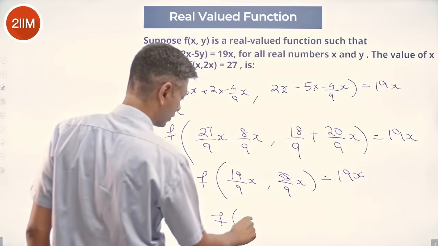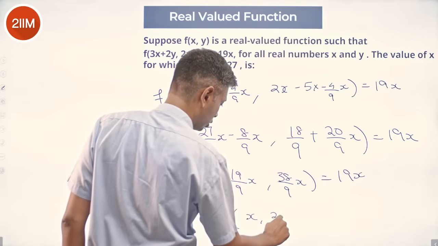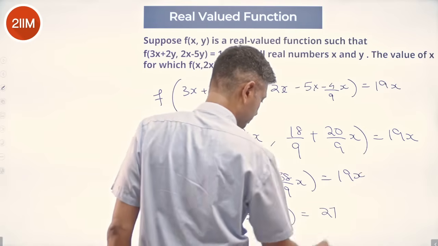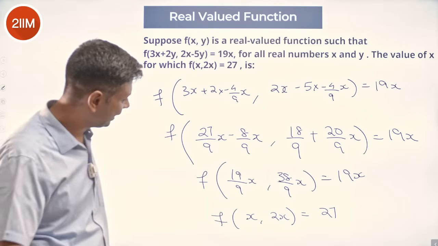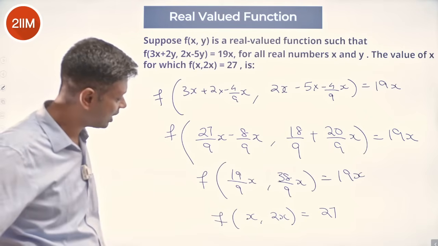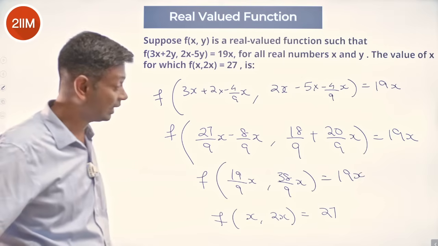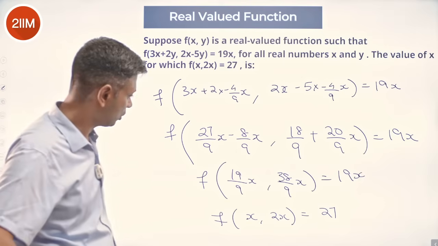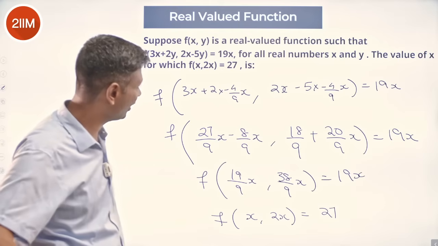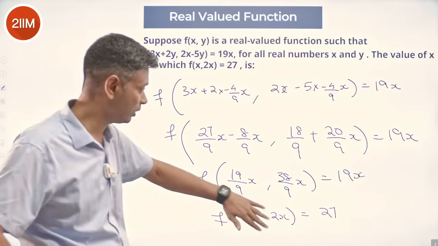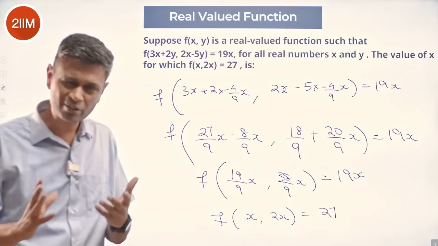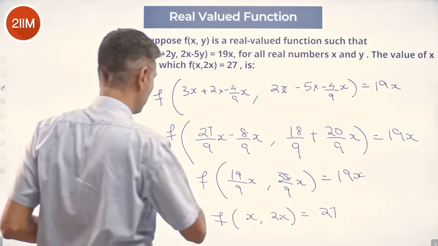We want to find f of x comma 2x equals 27. This ratio is 1:2, this ratio is 1:2. I'm going to say f of 19 by 9x comma 38 by 9x is 19x. What is f of x comma 2x? It is 27. So I want this to be x, this to be 2x. I'm going to treat this slightly differently. I'm going to say f of 19 by 9,